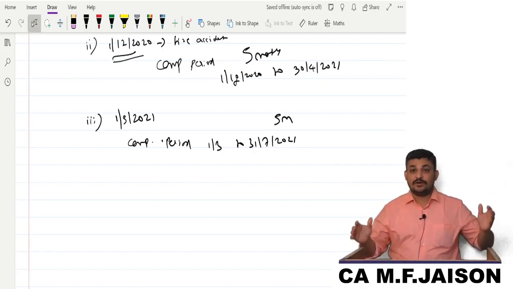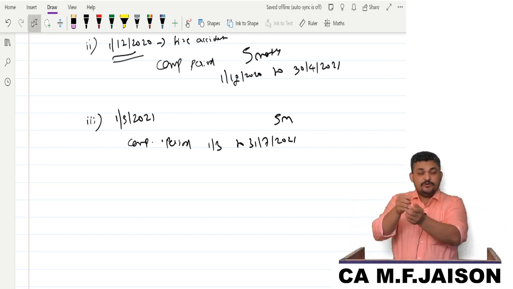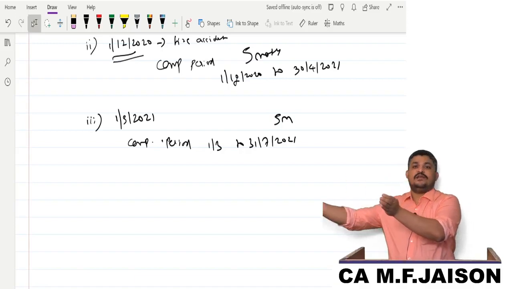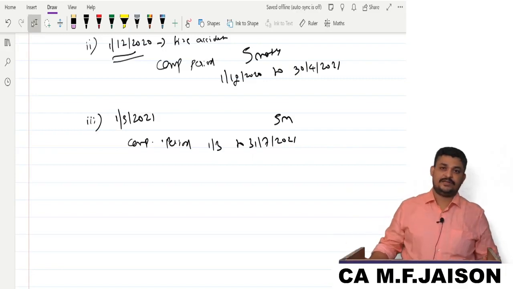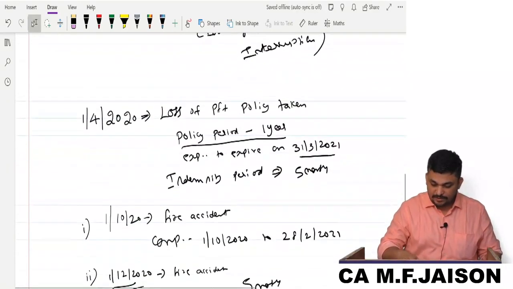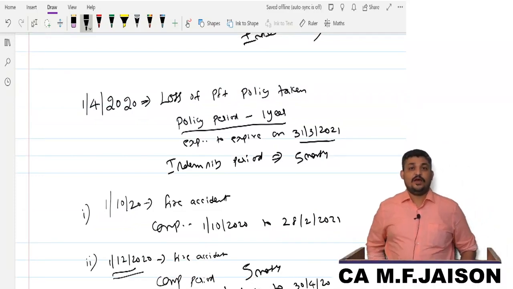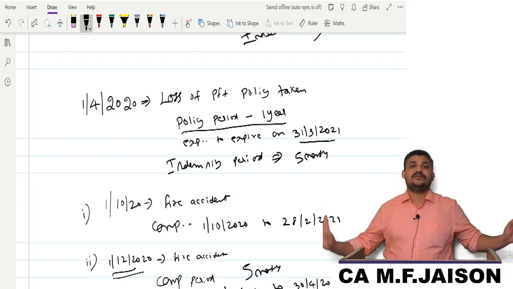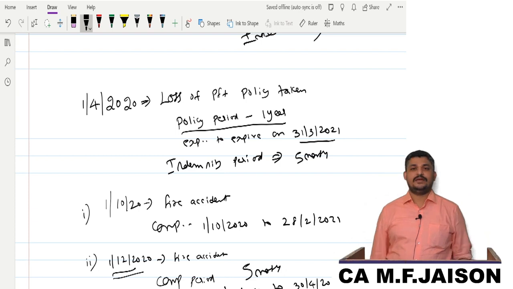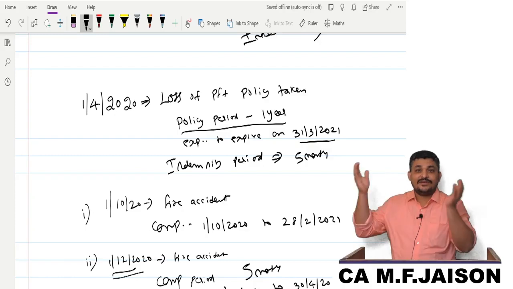Please try to understand, my dear friend, what is a policy period? Policy period means, from the date of your paying the premium, generally a period of 12 months, over which the accident should have taken place. Suppose you have taken a policy which is expiring on 31st March 2021, and a fire accident took place on 1/4/2021. Is this policy applicable? No, the policy is not applicable, as it is 1 day outside. Unless you have renewed the policy. If you renewed the policy and took 21/22, no problem.